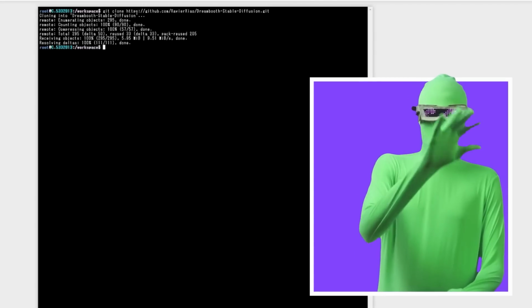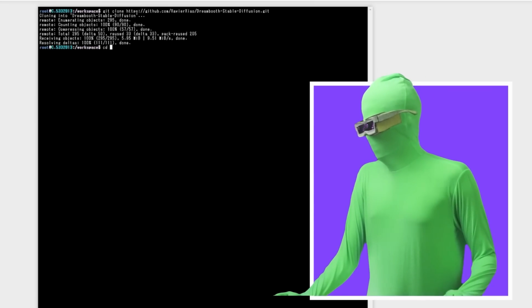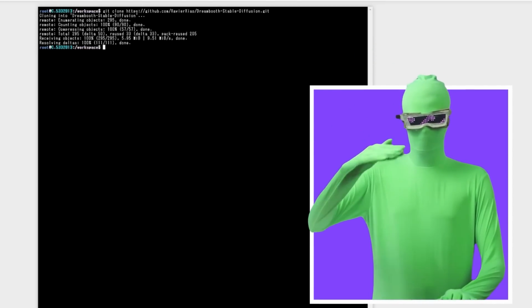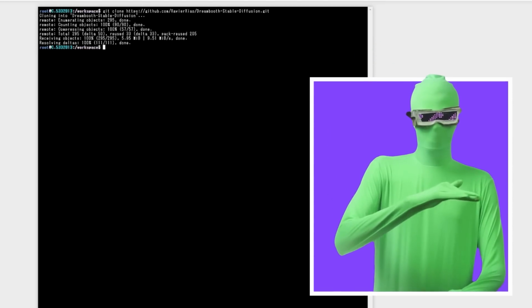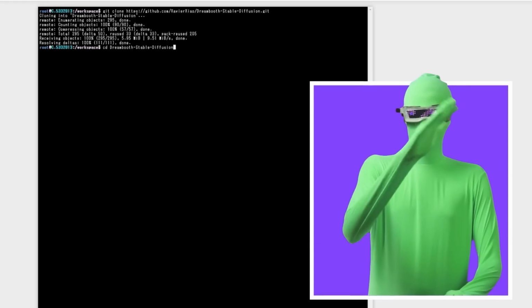Next thing you want to do, head in to this DreamBooth folder. So to do that, you just want to go cd and you want to type in the name of the DreamBooth folder here, right? All the commands in the order that they're set in the video are going to be in the description, so you can just copy and paste from there. So you just come paste cd DreamBooth Stable Diffusion. That's the name of the DreamBooth folder.